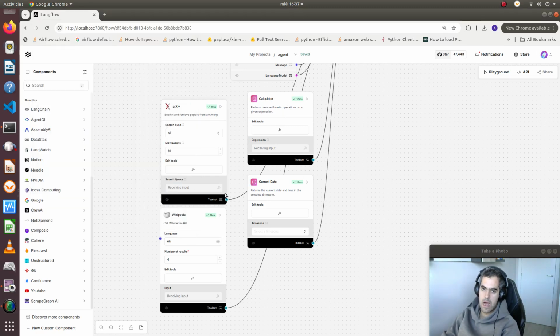Today we're going to cover how to integrate Langflow with a couple of more tools. One of them is Archive, the other Wikipedia. So Archive is going to allow us to get the latest papers or the most influential papers about a certain query that we do. Archive is an open repository for papers that people usually upload their preprints or ideas or work that has not been finished, and that's pretty much to get some feedback from the community, or either if